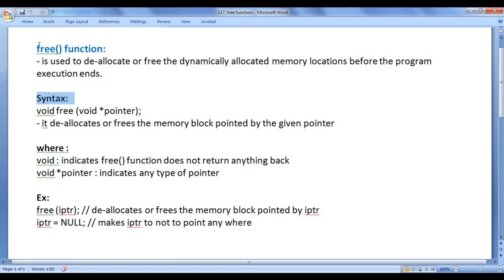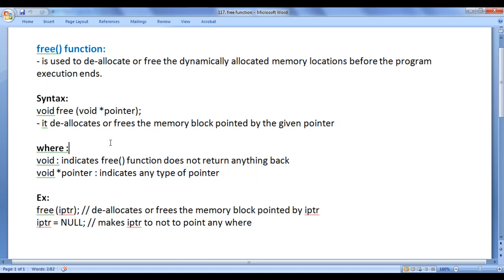The syntax of free function is void free(void *pointer). What it does, it deallocates or frees the memory block pointed by the given pointer variable, where void indicates the free function does not return anything back. void *pointer indicates any type of pointer.